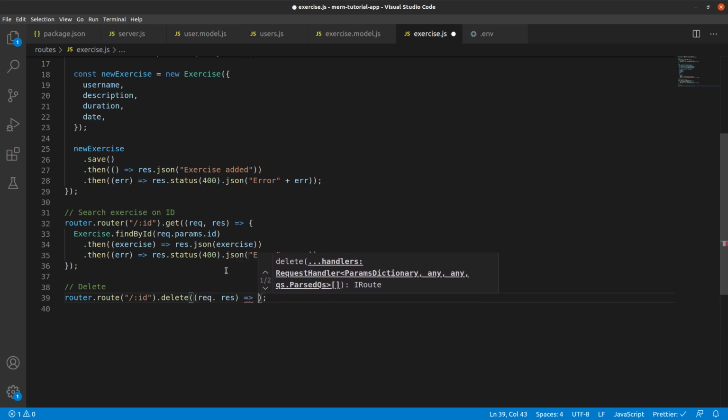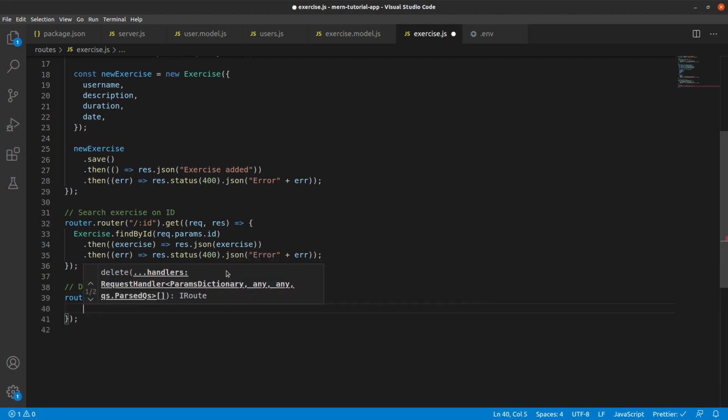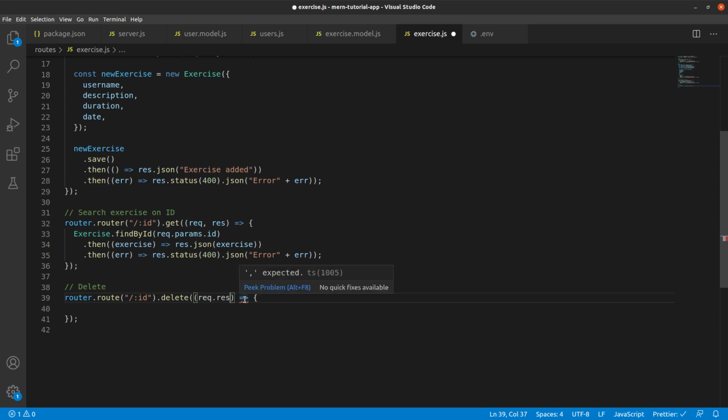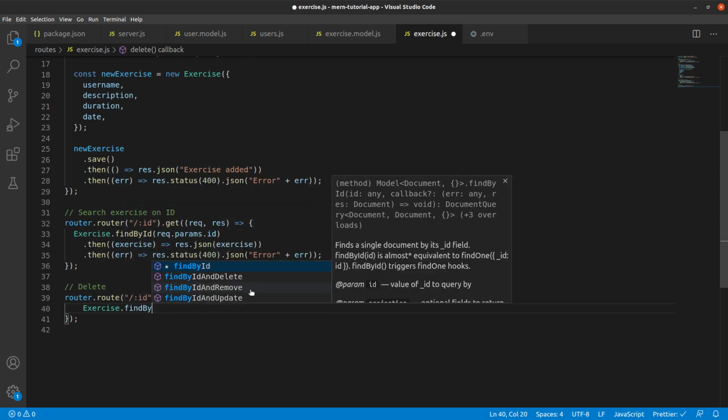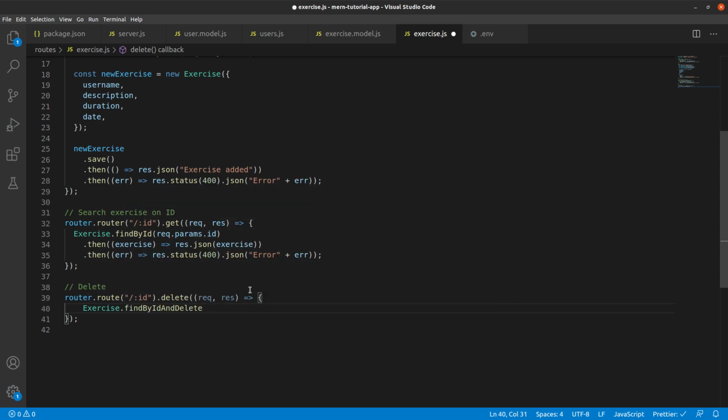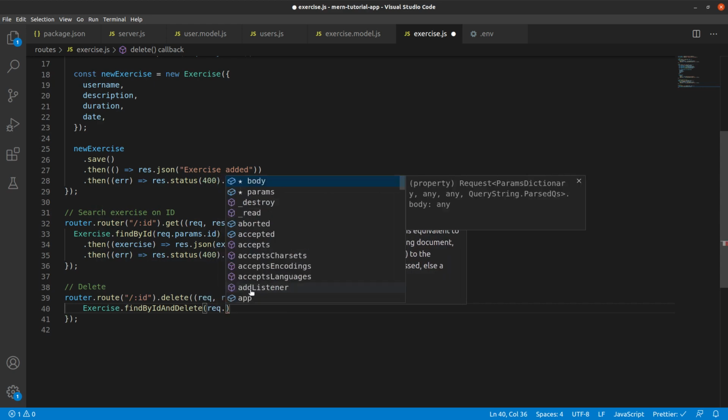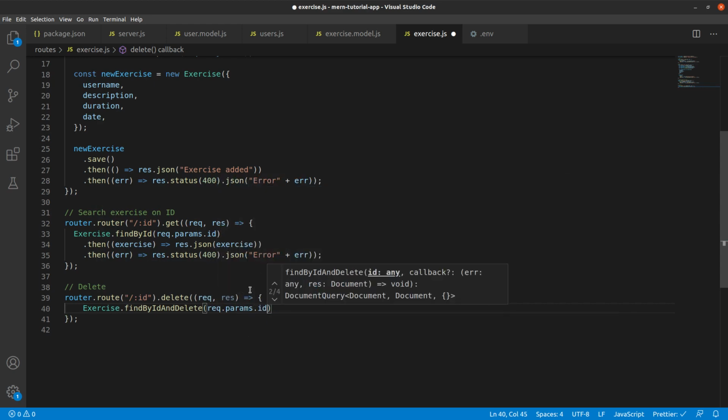You can do an HTTP delete. Okay, I made a mistake here. Get delete request, response. Now we need to do exercise.findByIdAndDelete, based upon the params that will come in the request.